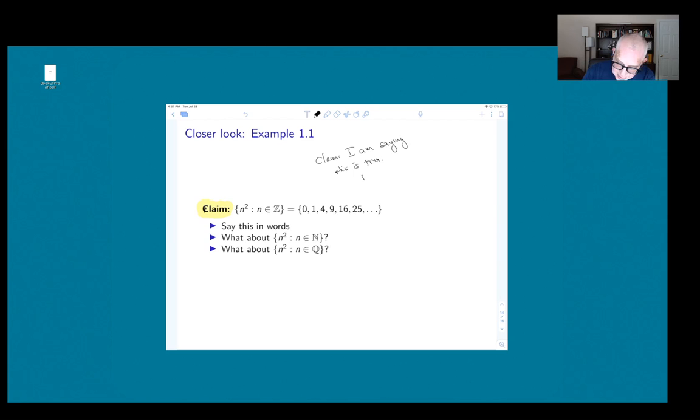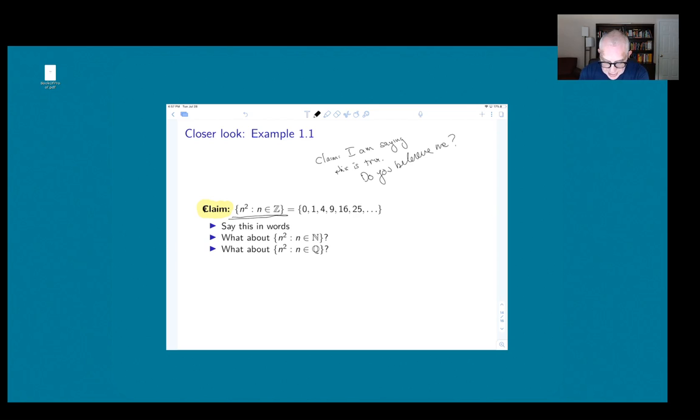Do you believe me? That's what claim means. So this is an example of set builder notation, although it's a little bit different than some of the ones we did before, because you see what it's saying, the way to read this is